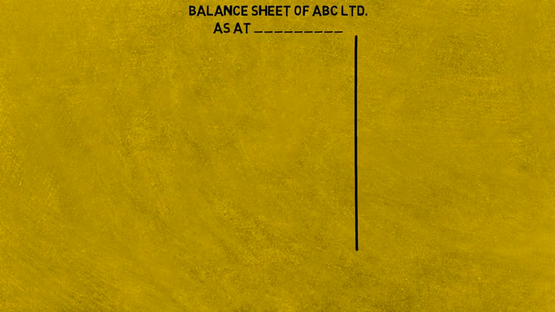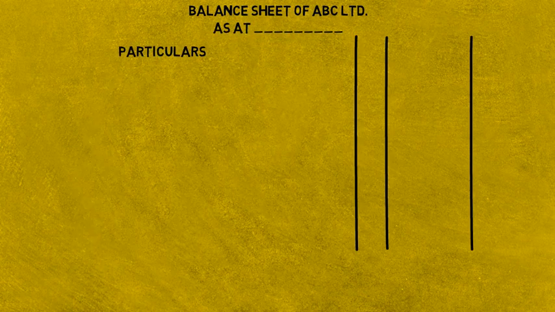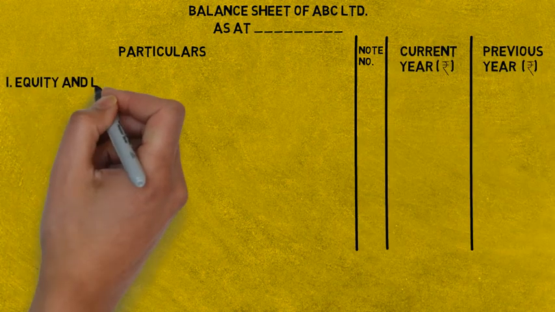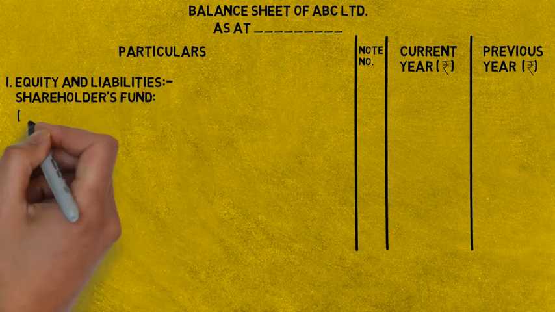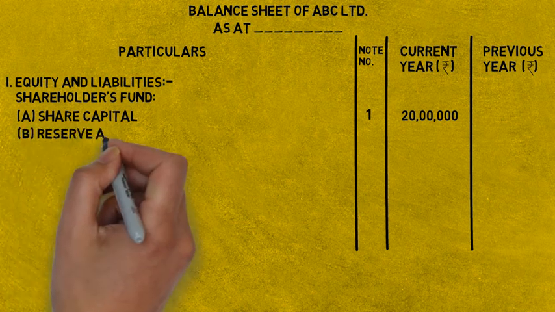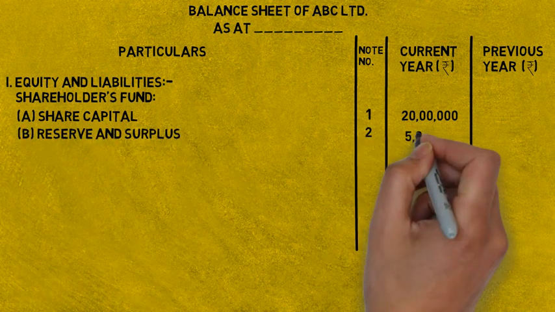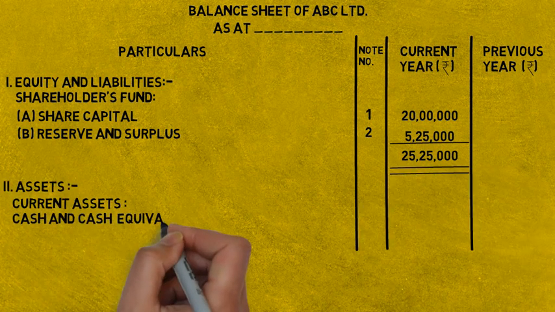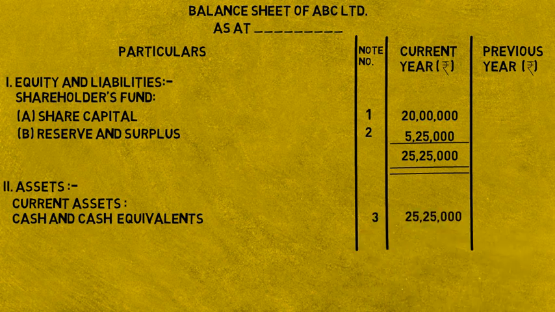We have already discussed till share capital in our previous video. Now the second subhead under equities and liabilities will be reserve and surplus, under which we have shown the amount of securities premium reserve. By combining these two amounts, we will find the total of equities and liabilities. The second main head will be of assets, under which we will show the total amount received by the company. Now let's see how we have calculated these amounts.